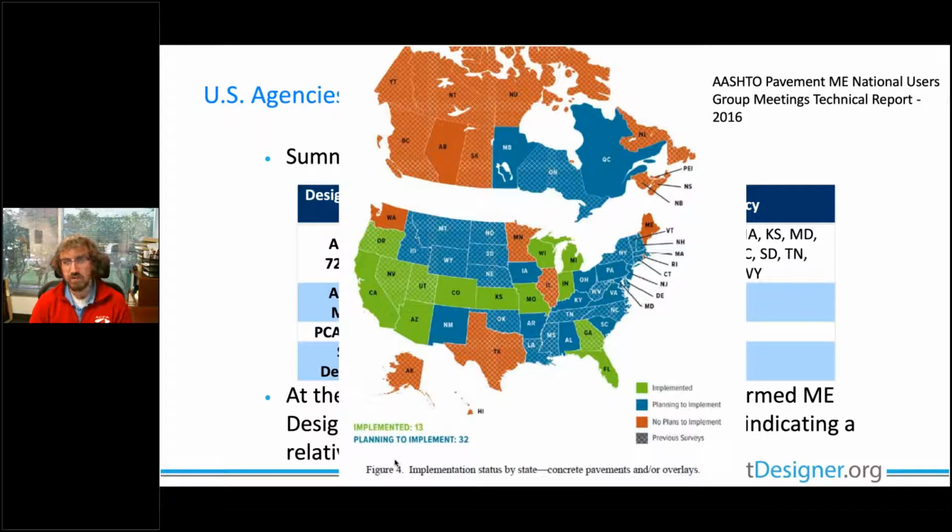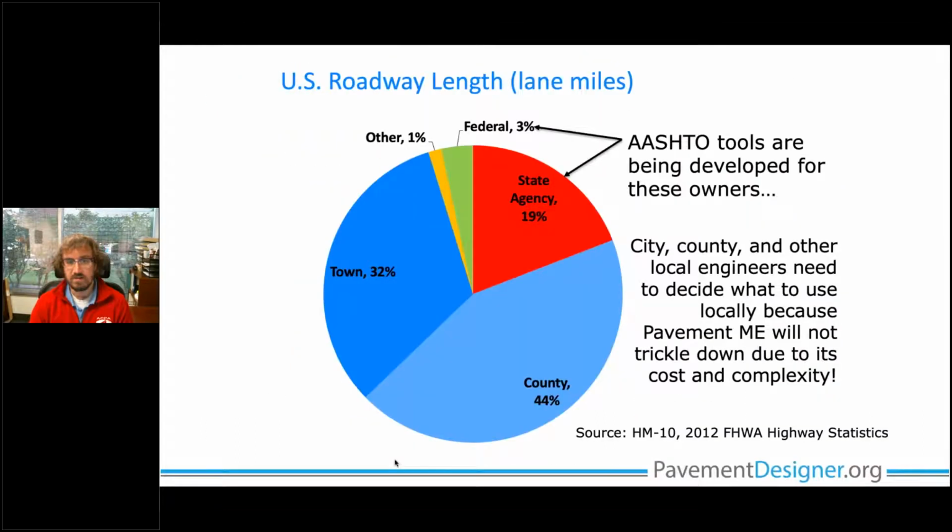You have a few states that are doing their own thing. Illinois and Texas actually have their own state-developed method for designing concrete pavements, but most other states are moving towards that mechanistic empirical design for concrete pavements. Now it's important to remember